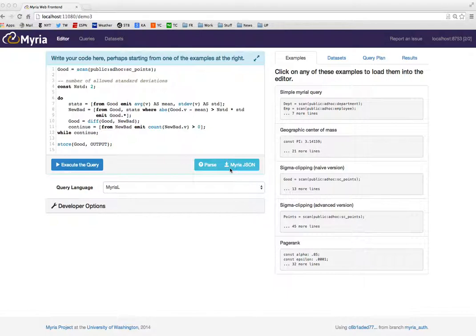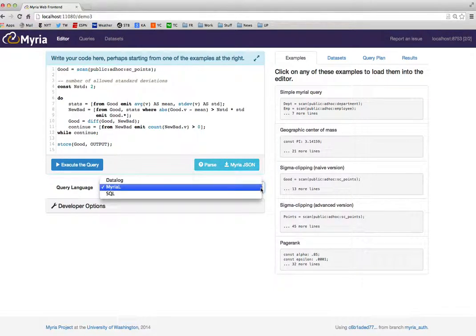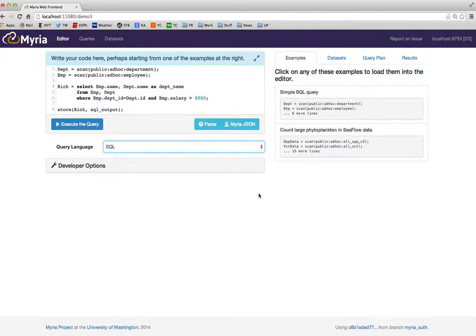query languages like SQL. What I've shown here is the Myria user interface, which can be accessed from a web browser. I've highlighted the Languages tab, which allows the user to select from among a set of supported query languages. Myria supports a variant of SQL, a query language called Datalog, and a new query language called Myriel that I will talk about shortly. On the right-hand side of the screen here are a set of example queries for each language. Okay? I'm going to click on this one that says Simple SQL Query, and then what we can see